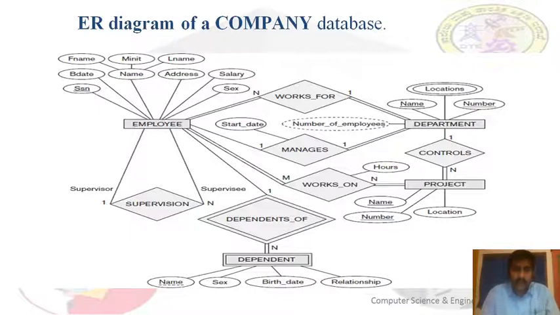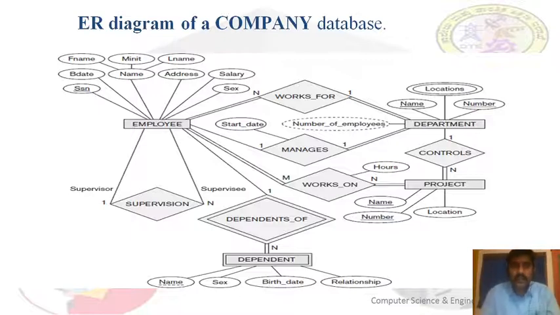The ER diagram is very important in database design because the schema changes very rarely, whereas the content, that is the instance, changes frequently. So while designing the ER diagram, what we specify is the schema, which is permanent and very rarely changed, whereas the data present in the database we can modify very regularly.